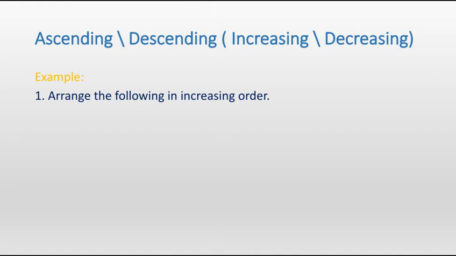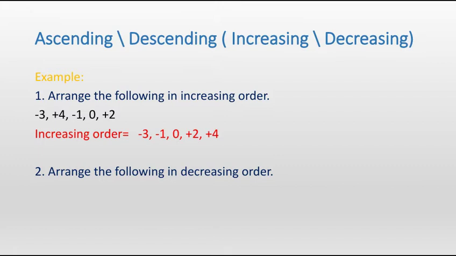Now we will see how we can write integers in increasing or decreasing order. So here we have a question: arrange the following in increasing order, and the question is -3, +4, -1, 0, +2. We start arrangement from smaller numbers. As you know that the negative integers are smaller than positive integers, so we will write negative integers first. So our increasing order will be -3, -1, 0, +2 and +4.